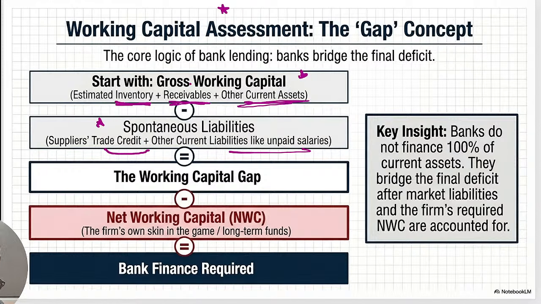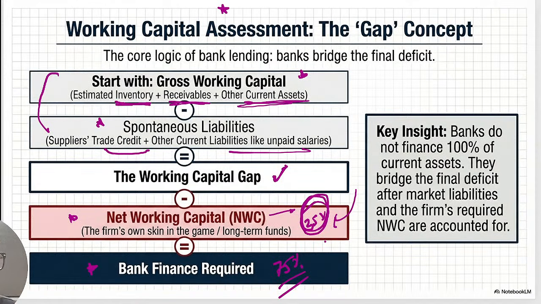The difference between these two, current asset and current liability, is known as the working capital gap. Okay, and minus net working capital, which means the contribution we are managing from the long term sources, equals the remaining amount, which is the requirement of bank finance. So the Tandon committee says that at least 25% contribution should be from this part. Let's say if the requirement is 100 crore, 25 crore must be fulfilled through this, then only will we go for the remaining 75.